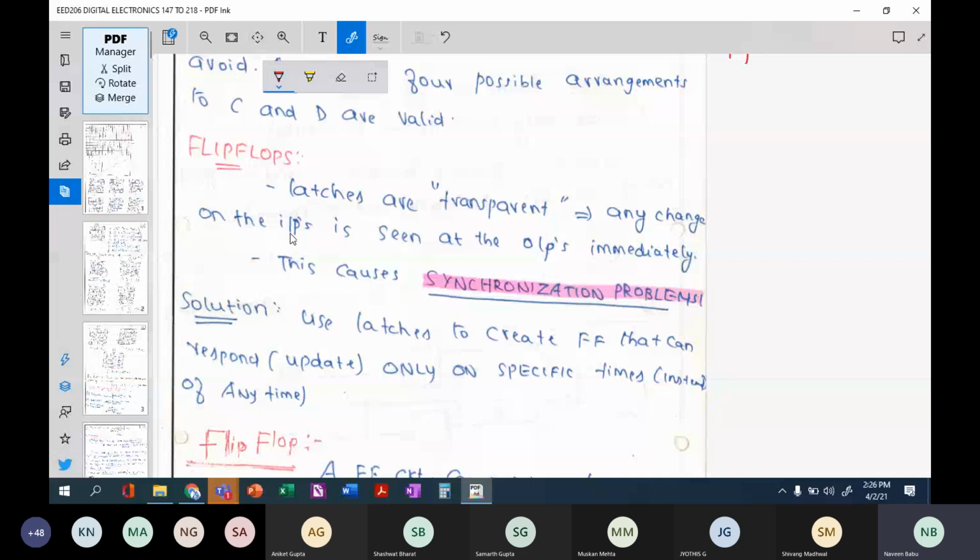Latches, though they are transparent, in the sense that any change you make at the input immediately gets across to your output, will create the synchronization problem. Yes, obviously, why will the synchronization problem be there? Because